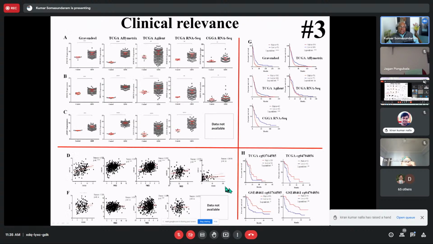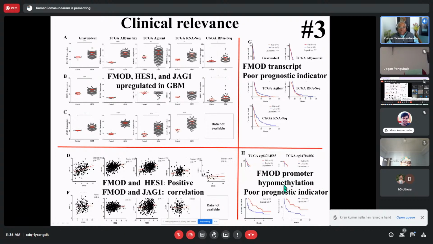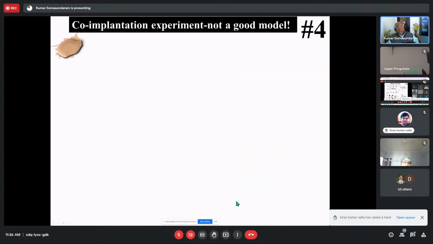Number 3, is there any clinical relevance for our finding? You can look at this data obtained from TCGA. FMOD, HES1, JAG1, all of them are upregulated in GBM. There is a positive correlation between FMOD and HES1, FMOD and JAG1. High levels of FMOD transcript predict poor prognosis, and FMOD promoter hypomethylation predicts poor prognosis. Number 4,